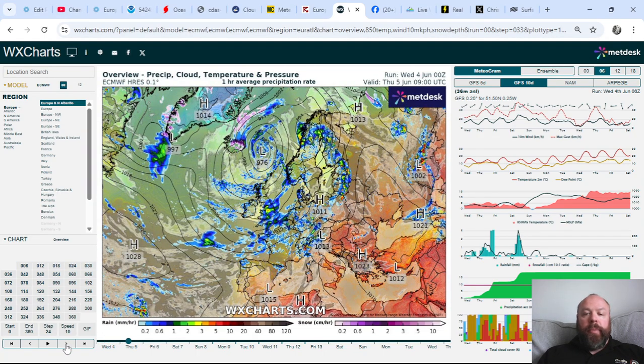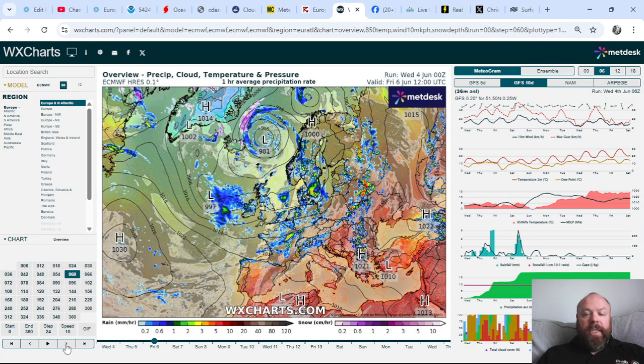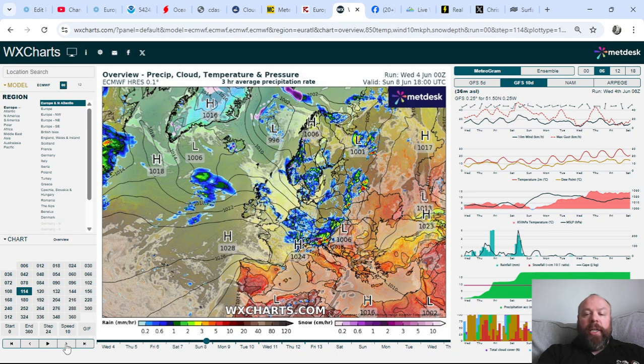so this is the overview precip, cloud, temperature and pressure. You can see that system that I highlighted a few minutes ago moving across Ireland and England and Wales. Continue with that blustery regime, but then we're starting to see a spread in the isobars. The next system moves in off the Atlantic according to the ECM. And then we've got a little bit of a ridge trying to build in towards the latter half of the